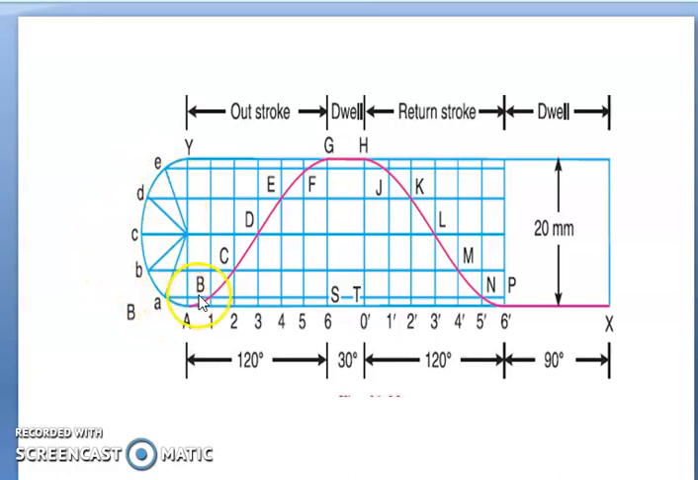The line from A will meet the line from 1, that gives the point B. The line from B will meet the line from 2, C. The line from C will meet the line from 3, D. The line from D will meet the line from 4, which is given as E. The line from E will meet the line from 5, F, and the last one is G. Again, till H you have the 12. The same procedure is repeated for the return stroke. So after drawing the displacement diagram,